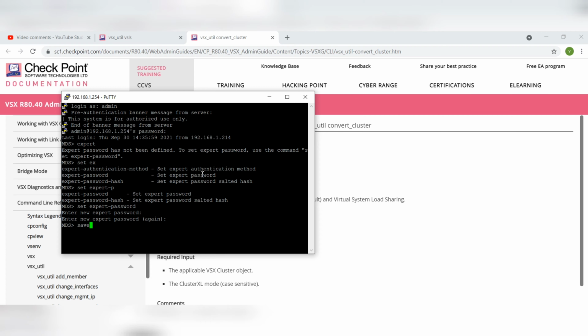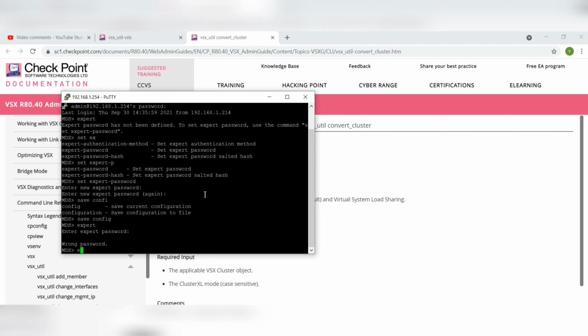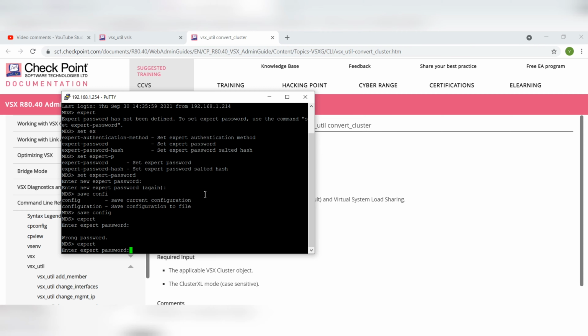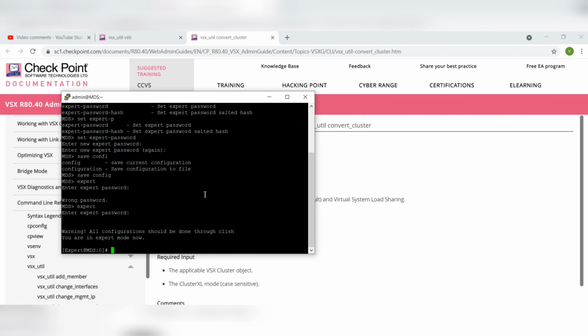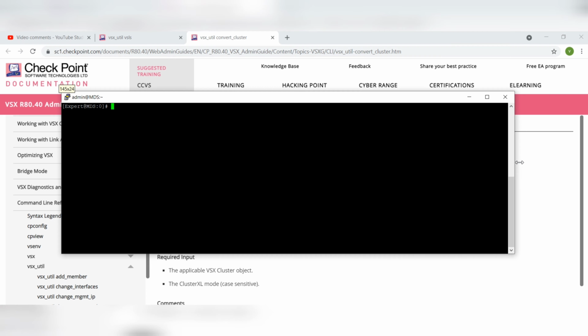Alright, let me save the config so that next time it won't ask me to set the expert mode password. Let's go into the expert mode. Expert, and give the password. Oh, sorry. Okay, let me give the password. Let me clear the screen for you and let me increase the size.